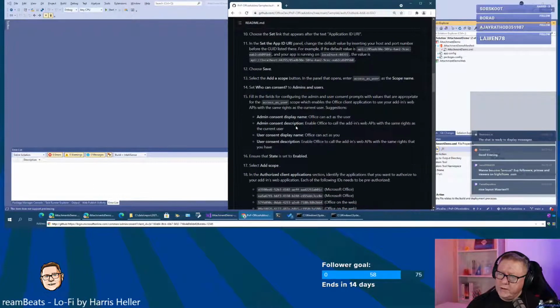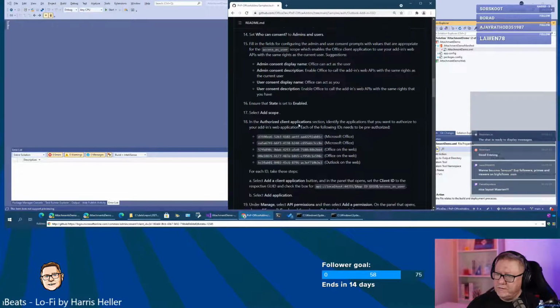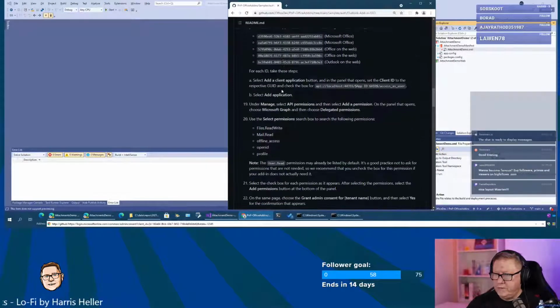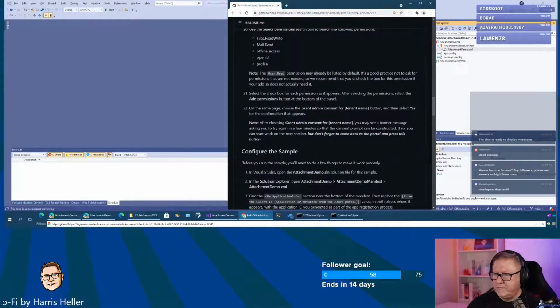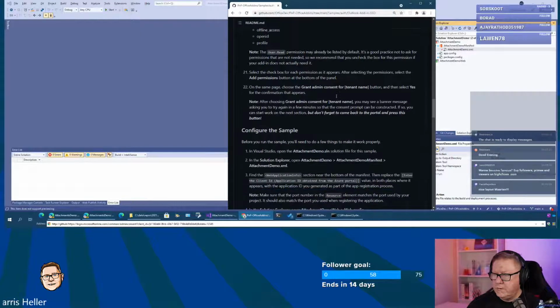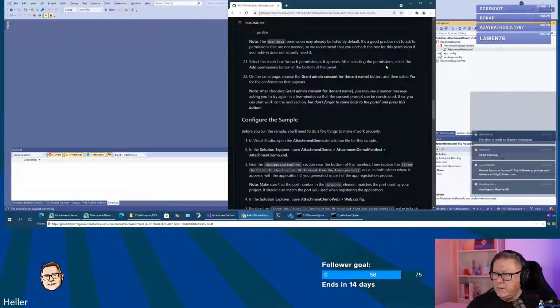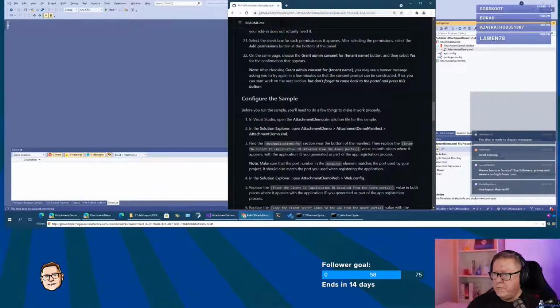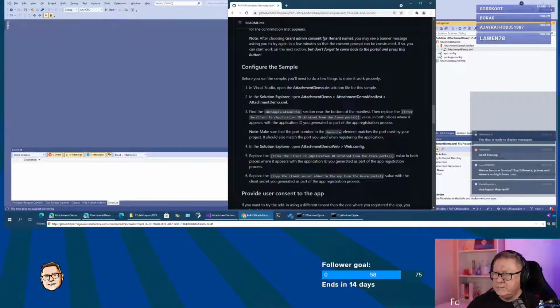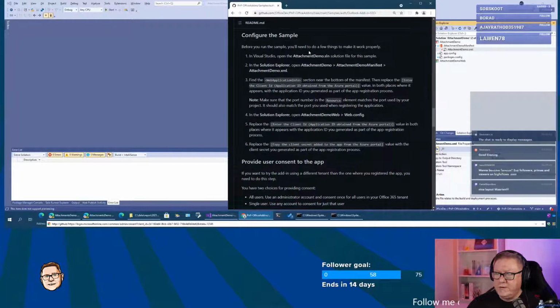That was set. Application registration was set. Scopes was added. That's what you did as well. See a banner message asking. That's not what we've seen. Configure the sample. So we open this and then go to